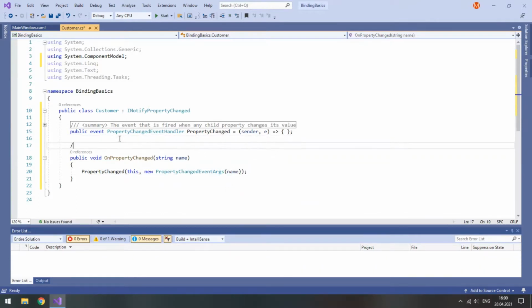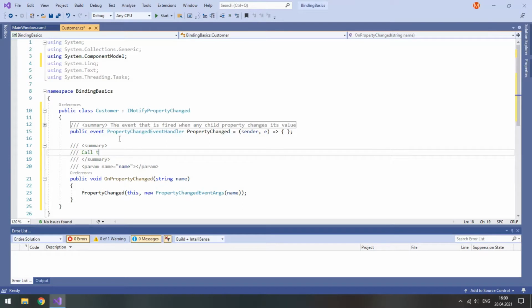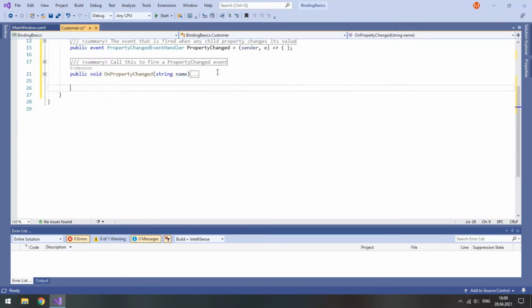And let's leave a summary here as well. Call this to fire the PropertyChanged event, and the name is the name of the property. Okay, let's move on to its properties.